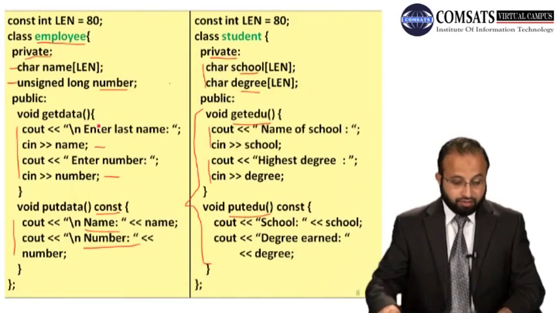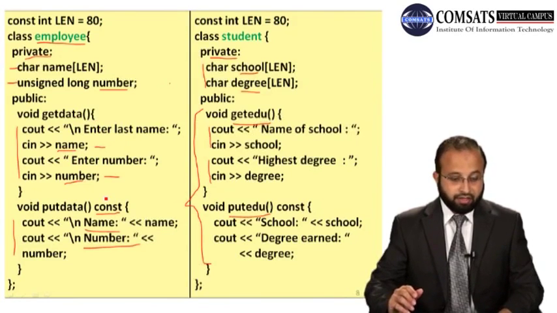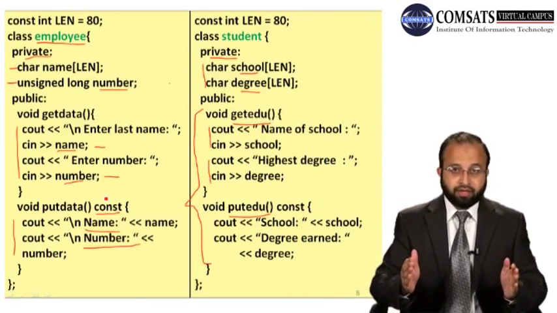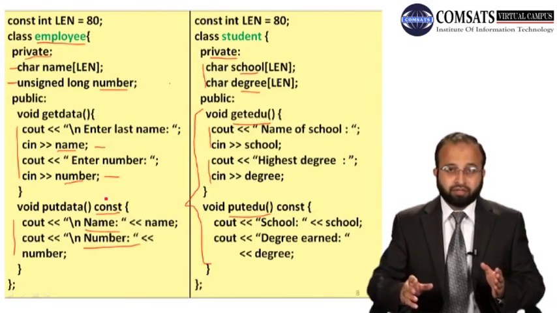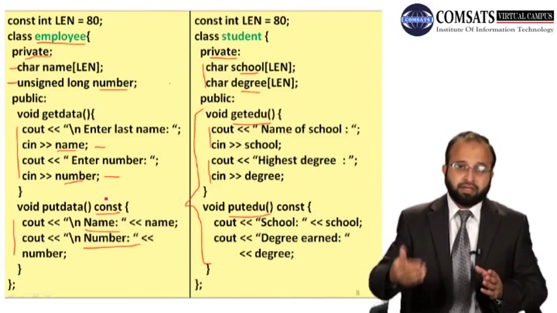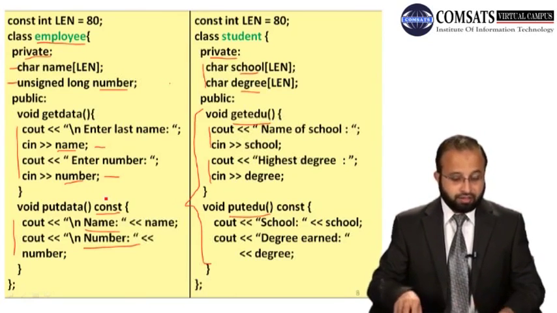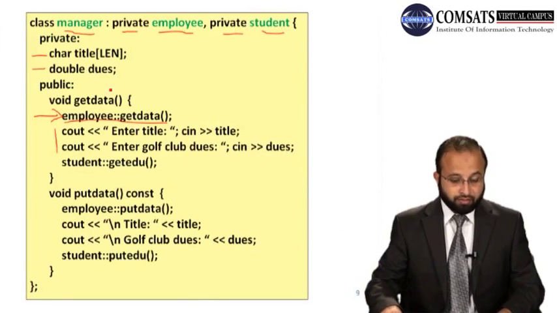Now when get data will be executed, it inputs the data in name and number. So name और number किस object के, manager object के, right, because manager is an employee basically, right. So manager का जो ऑब्जेक्ट बनेगा उसमें तमाम वो डाटा मेंबर आ जाएंगे जो उसके अपने डाटा मेंबर्स हैं, और वो डाटा मेंबर्स जो कि किसी भी उसकी बेस क्लास में डायरेक्ट और इनडायरेक्ट एग्जिस्ट करते हैं, they become the part of the object, right. So मैनेजर के जो ऑब्जेक्ट में नेम और नंबर की जगह नंबर में ये इनपुट ले लेगा गेट डाटा फंक्शन, and then उसके बाद you are